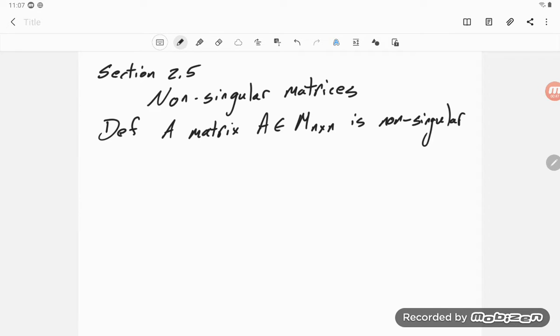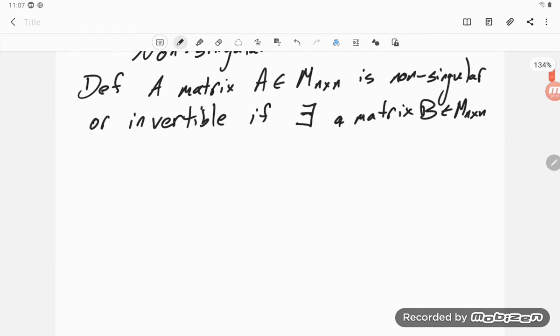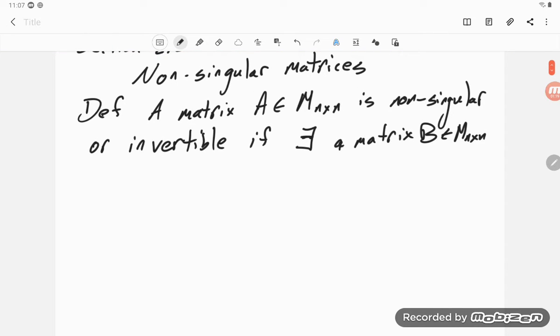Okay, so non-singular or invertible, if there exists a backwards uppercase E, so if there exists a matrix B, which of course is also n by n. When we say n by n, we're just saying it's a square matrix, such that